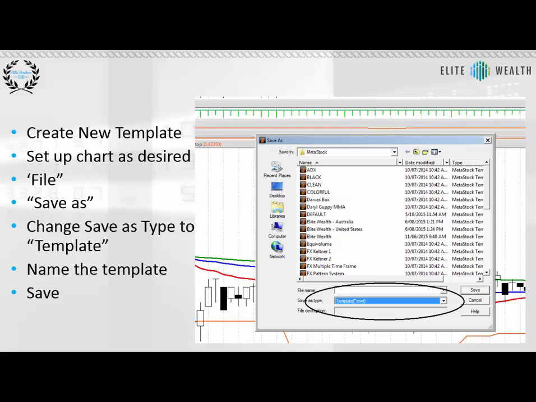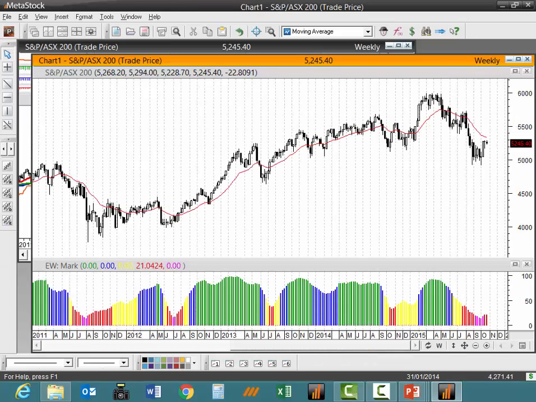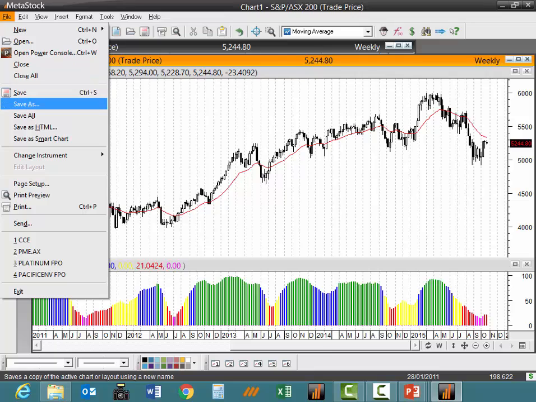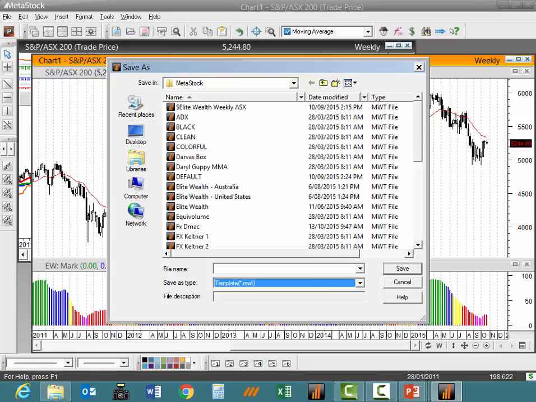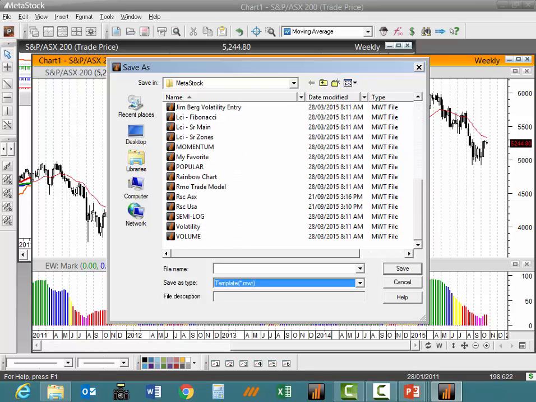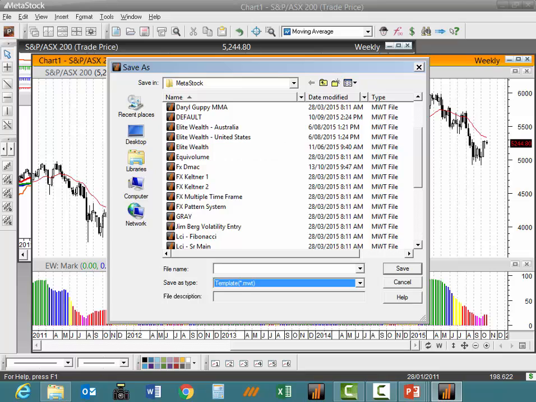Now, once you've set your template up with the changes you want to make, the additions or deletions, you then save that as another template. So back to MetaStock, go to File and Save As. Just need to change this here, the type from a chart to a template. And you can see as soon as I do that, it comes up with all the current templates that we've got in here at the moment. So I've got my relative strength ASX and USA and the Elite Wealth Australia ones here, and I can call this whatever I want to call this and then save that,